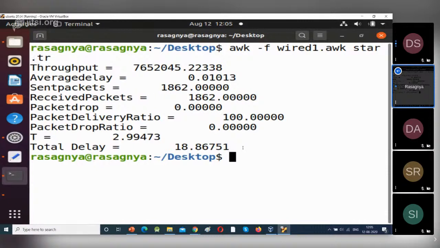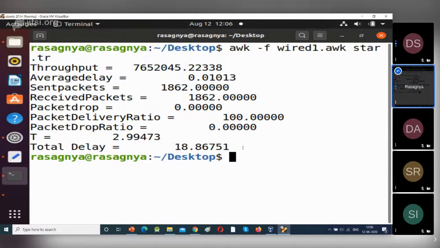Now we will see the Ethernet LAN. So we have designed star topology, mesh topology and ring topology. Now we will see Ethernet LAN, how to do Ethernet LAN in NS2. So first we will place the devices. After placing the devices and generating the TCL script using the NSG generator, we will add one more line to make it as LAN Ethernet.